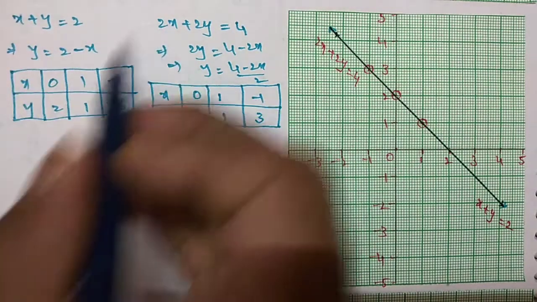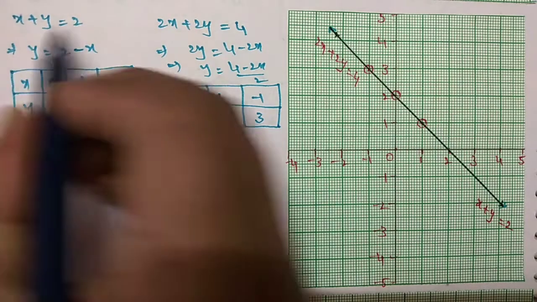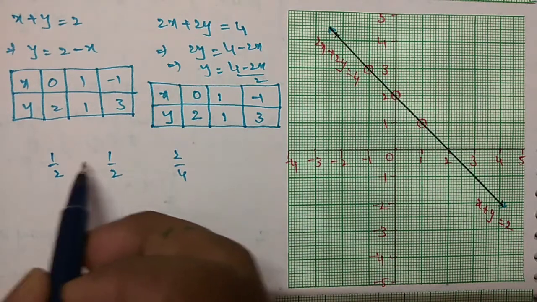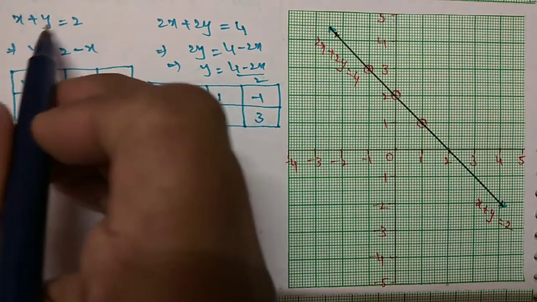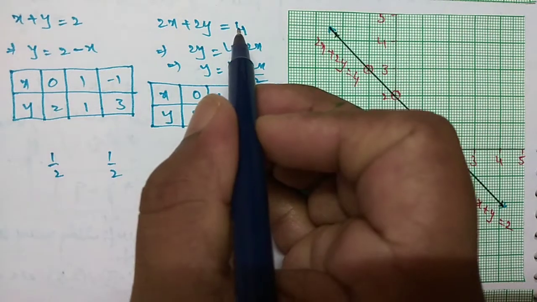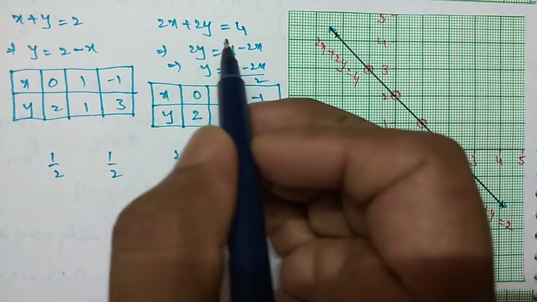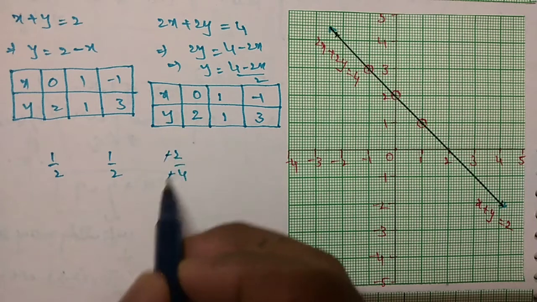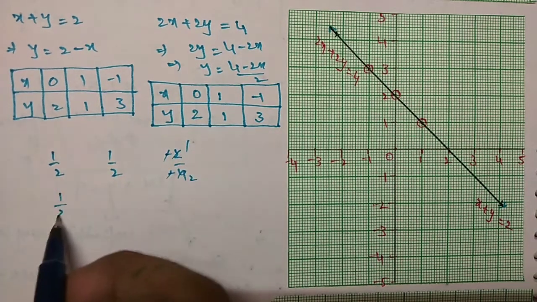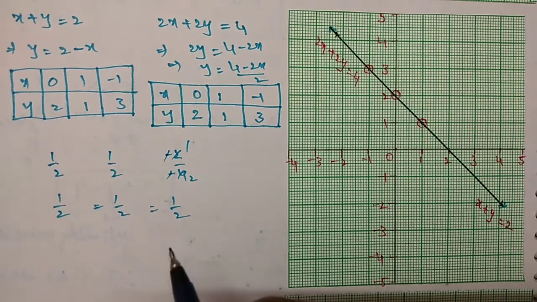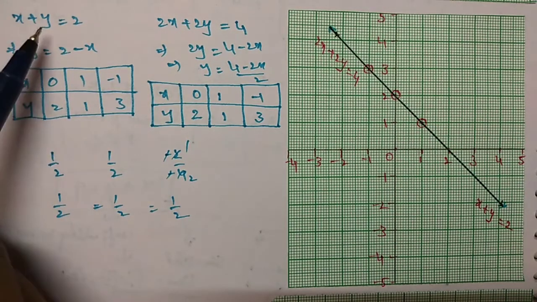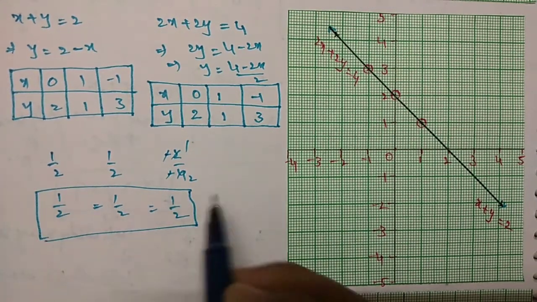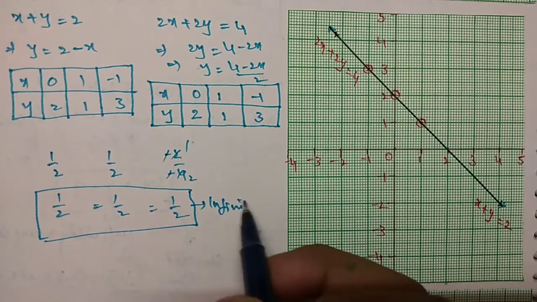So this is 1, this is 2, 1 by 2, and this is also 1 by 2. Find the ratios. And 2 by 4. Actually we should write it in its standard form. We have to transpose 2 to this side, minus 2, and 4 also, minus 4. Then it is minus 2 and minus 4. If you simplify this, the minus will get cancelled, so 1 by 2. So we observe that 1 by 2 equal to 1 by 2 equal to 1 by 2. That means the ratios of the coefficients of x, y and the constants are the same. Then the pair of linear equations has infinitely many solutions.